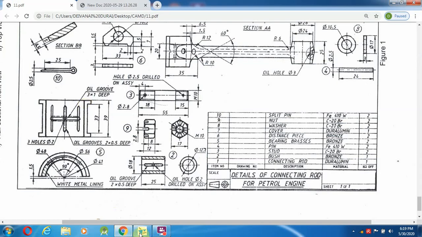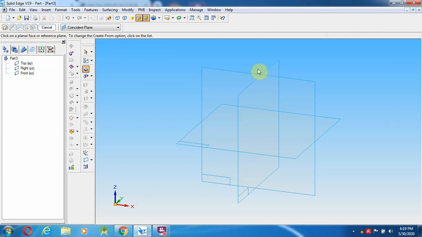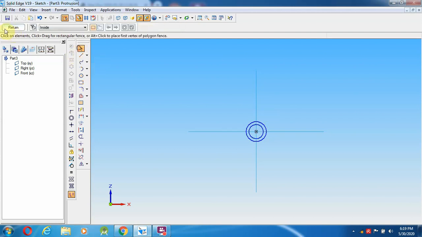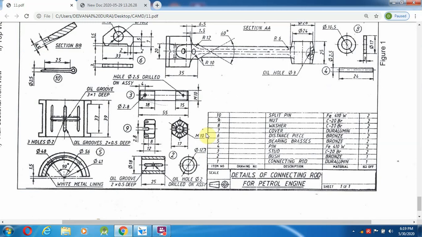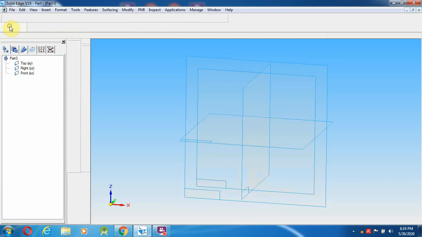Select Solid Edge, go to solid part, protrusion option, select this and give a circle option. From here, 18 mm is the maximum diameter, and select the minimum diameter as 12.7 mm. We will check it, otherwise we will change it. Then give return.